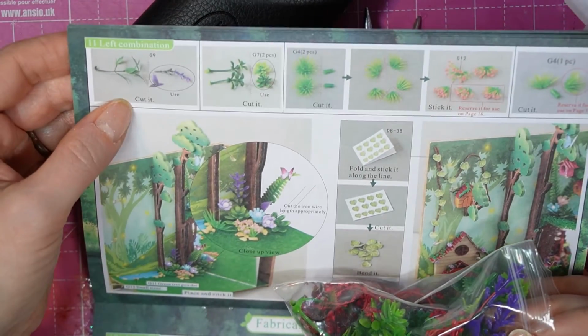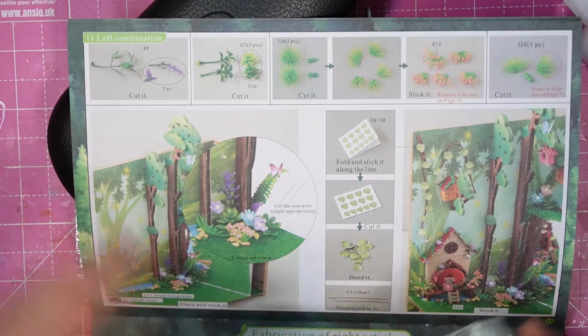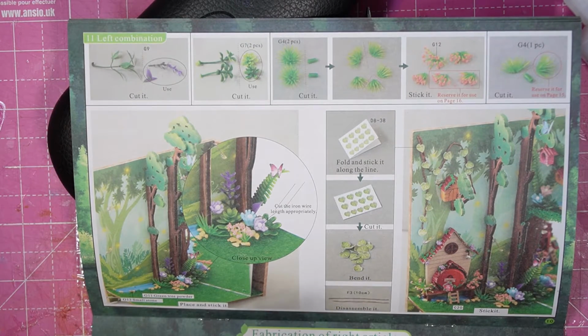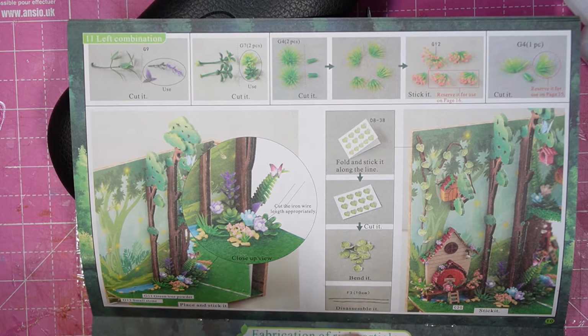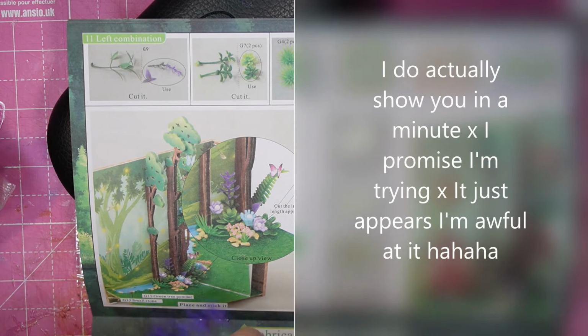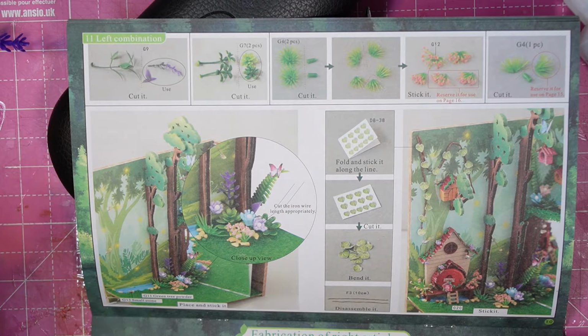We go here, we want one of these purple. It says G9, which is this purpley long thing. And we're going to cut that up. Then I want more of these